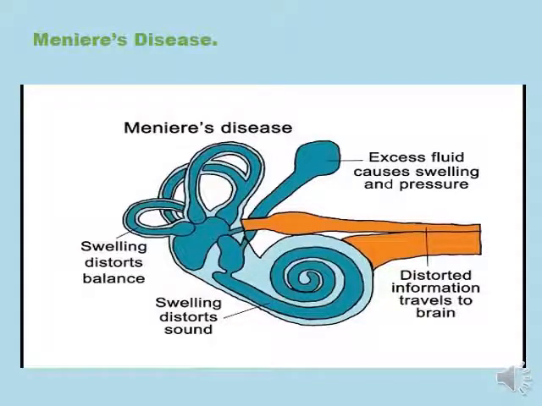Now, the good news is the body is so clever, it relearns how to reset its balance pathways using the residual function of your damaged ear and the normal function of your non-affected ear. So you can certainly return to normal balance function, and it would be a really good idea to have a daily program. Maybe give yourself 12 weeks and reset your balance pathways using very gentle vestibular exercises. For hearing loss, hearing aids are probably your best bet if you're finding it difficult to hear in daily life, to help recuperate that lost permanent hearing damage.